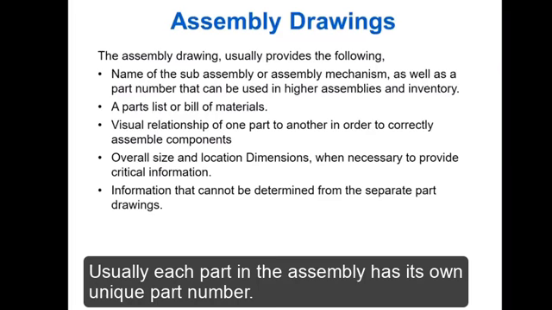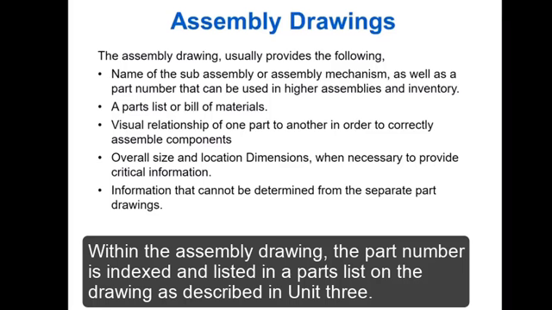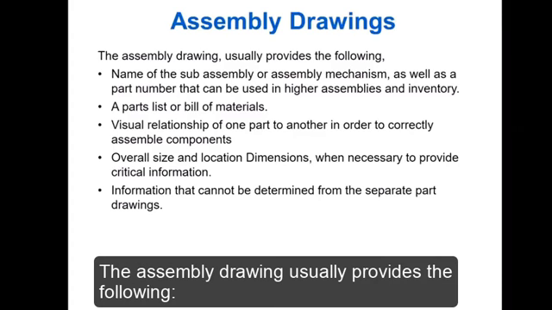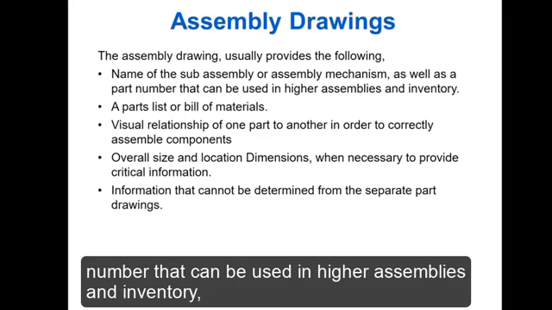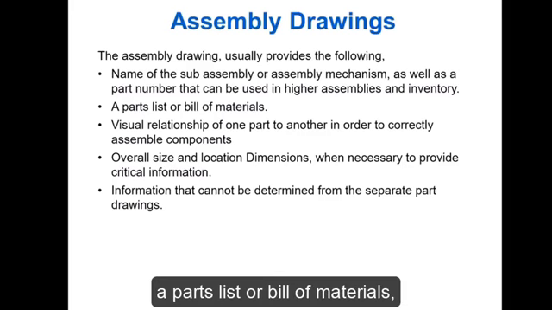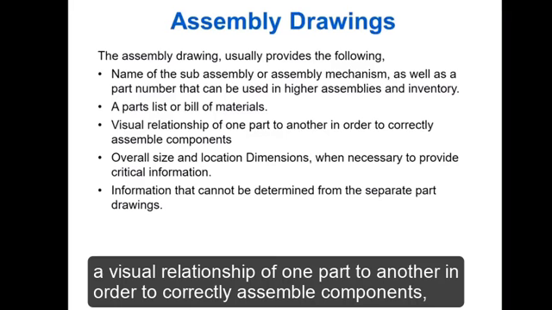Usually, each part in the assembly has its own unique part number. Within the assembly drawing, the part number is indexed and listed in a parts list on the drawing, as described in Unit 3. The assembly drawing usually provides the following: the name of the subassembly or assembly mechanism, as well as a part number that can be used in higher assemblies and inventory, a parts list or bill of materials,